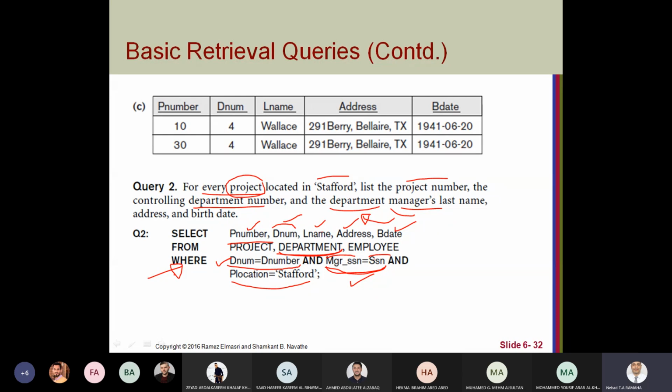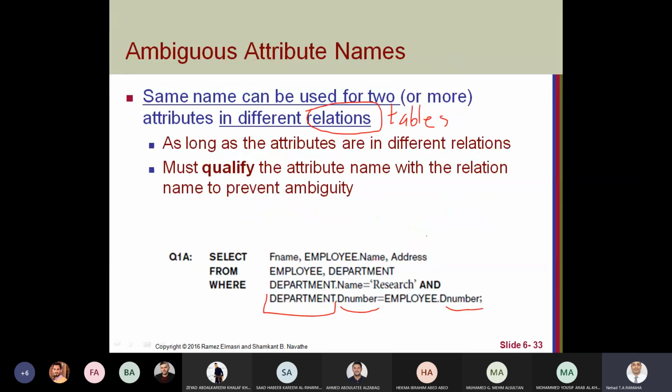But we also have a join statement inside SQL, and it's very common to use the join statement with SQL. We will speak about the join statement.